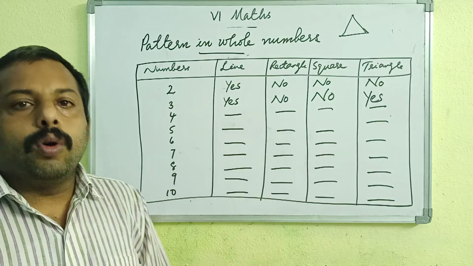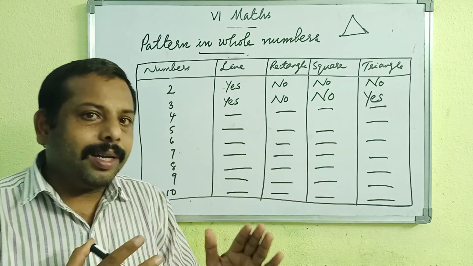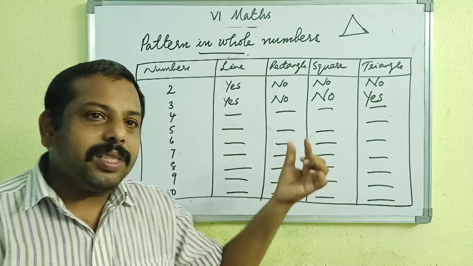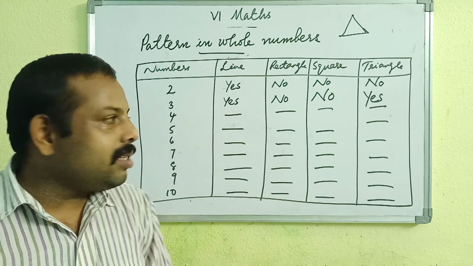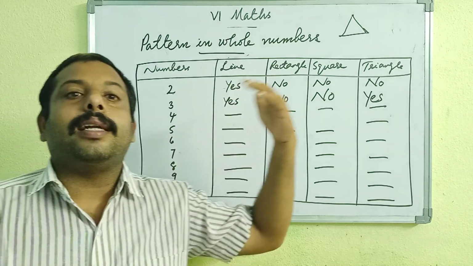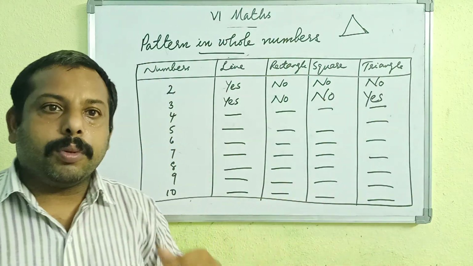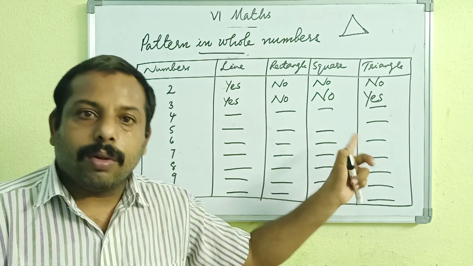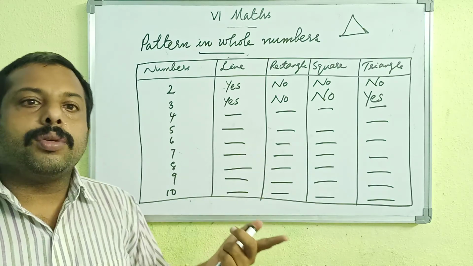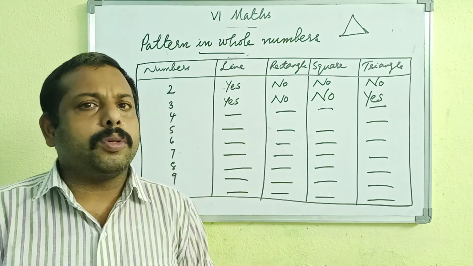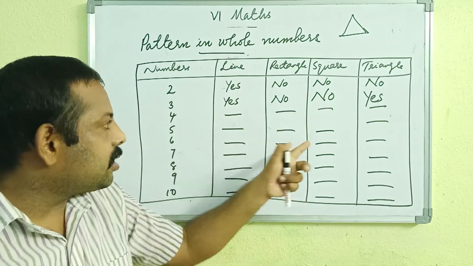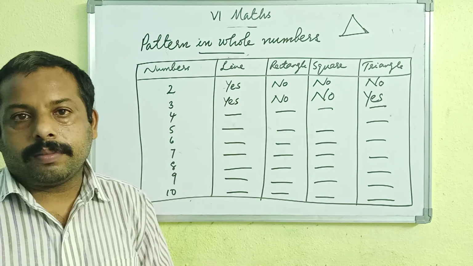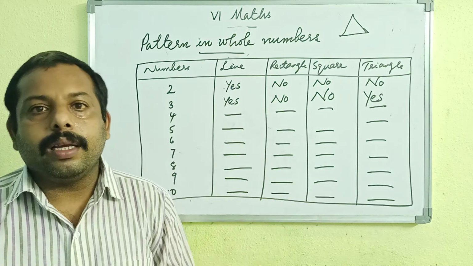So this is your homework. So you have to do the work in your rough workbook. So this column you have to just fill with yes or no. That means whether, for example, 6 can be represented as a triangle or not. So suppose using 6 dots you are able to make a triangle, you say yes. In triangle column you write yes. In square column, so using 6 dots, can you make a square? Not possible. So in square column towards 6, what will you write? No. So likewise you check and fill this box and send the work to my WhatsApp number.